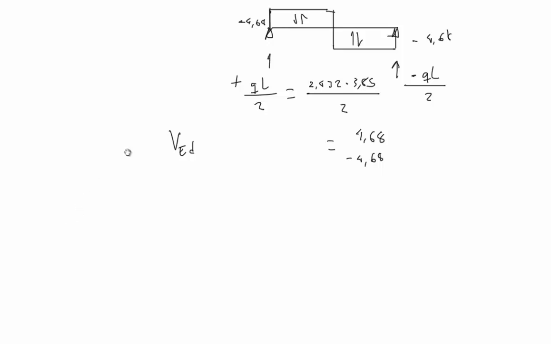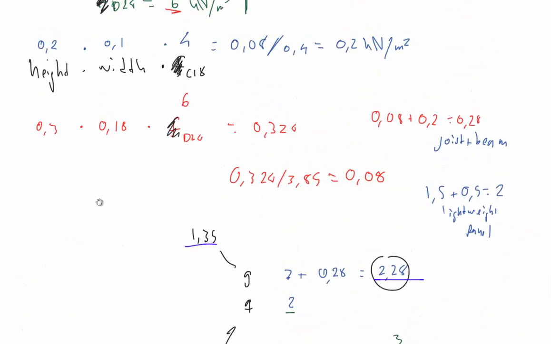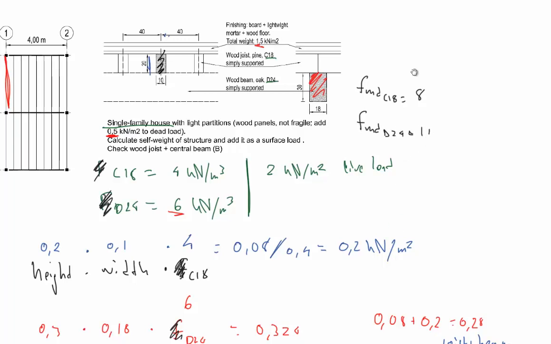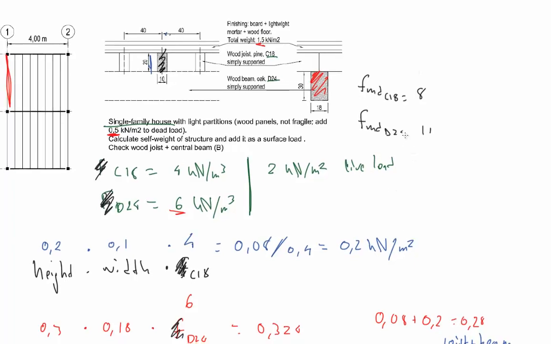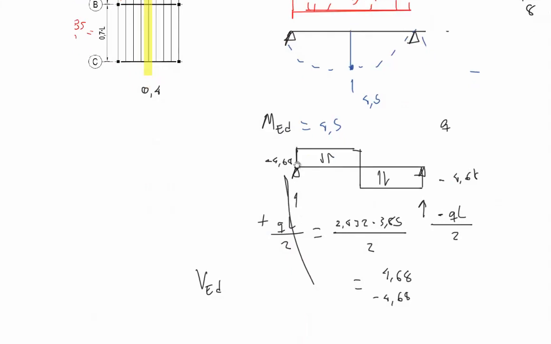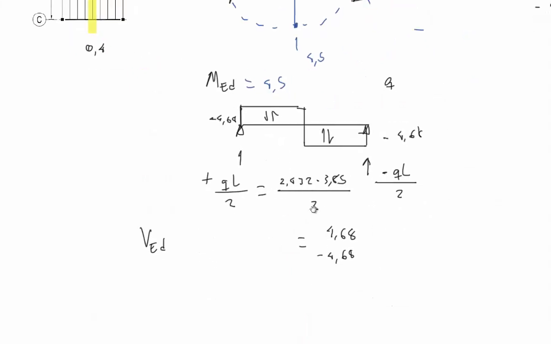But maybe I can write that down. So the FMD for C18 is equal to 8. This is also where I have this value given. The FMD for D24 is equal to 11. Okay, so what we want to do now is to check that the maximum